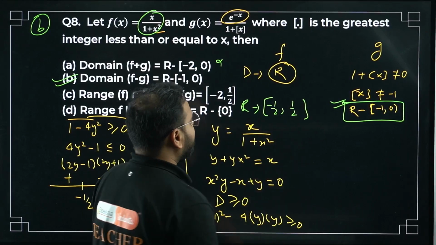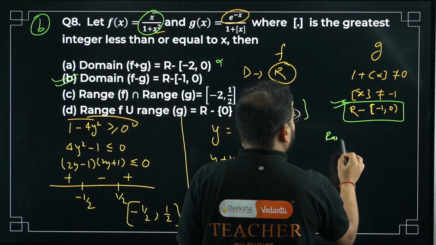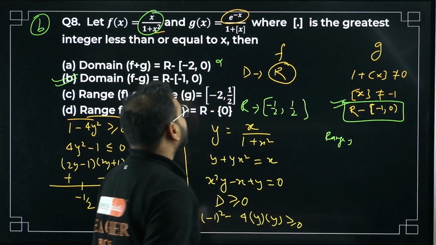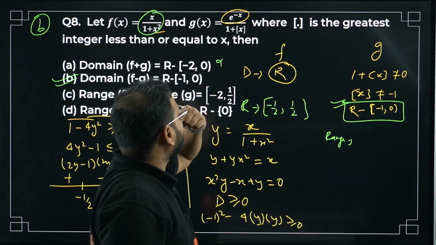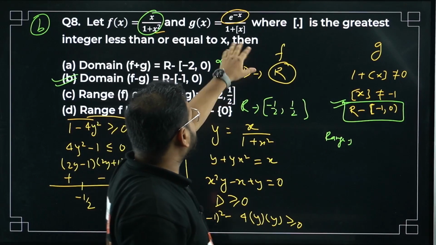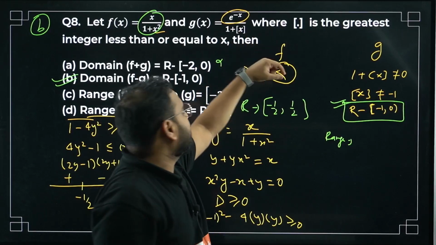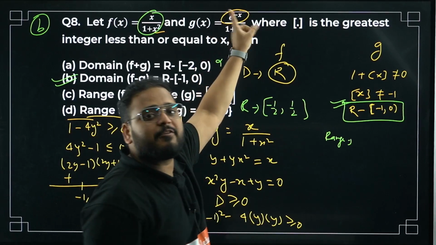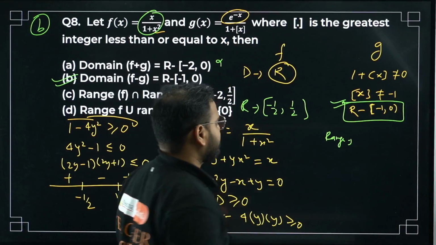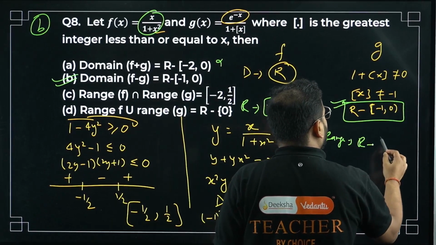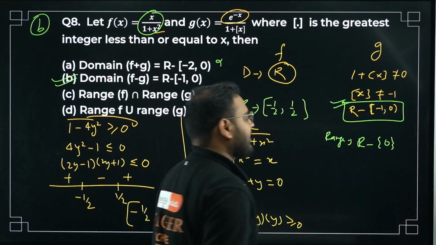Okay. What about the range of the g function, or g(x) function? This can never be 0. Everything is true except for 0, which means this can be any number except for 0. Why not 0, sir? Exponential function is never 0, bacha. That's why R minus 0 is the range of g.